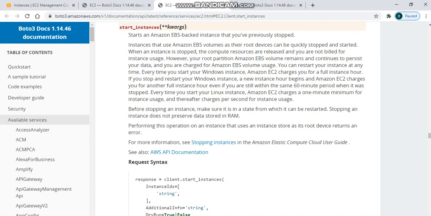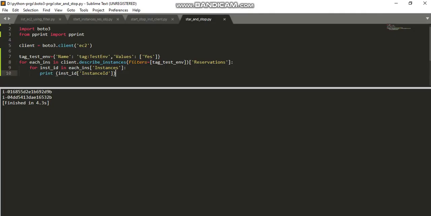So somewhere we have the start instances method, right? Let me copy this one. This start instances function will accept instance IDs as a list. Let me copy this and let me apply it for my client.